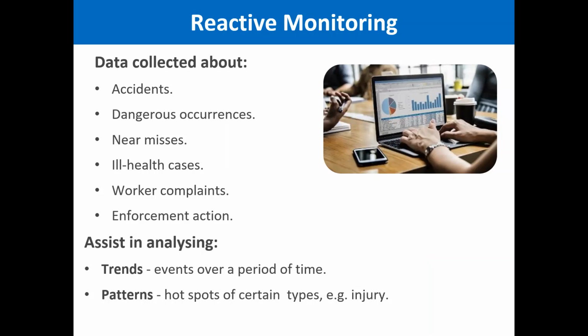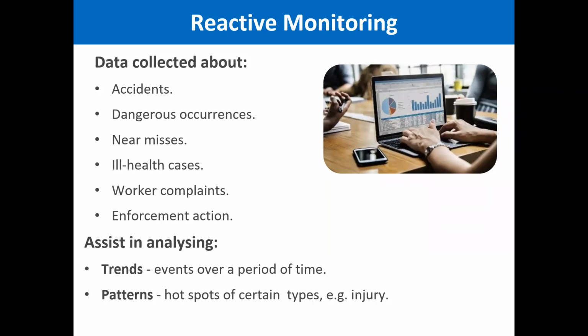Then there are dangerous occurrences which you can monitor as well. If there is a dangerous occurrence, for example, there is a fire in the workplace, or a major near miss, or a gas leakage, whatever the dangerous occurrence is, you can monitor the nature of the dangerous occurrences, where they are happening mostly, what time of the day they are happening mostly, and that will help you control those